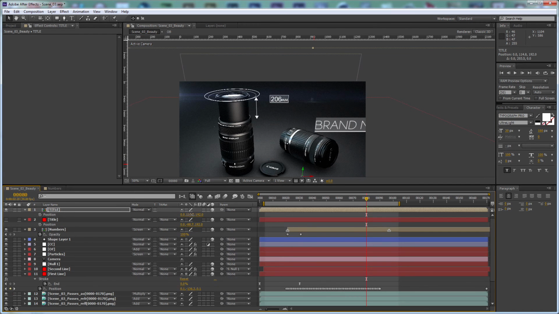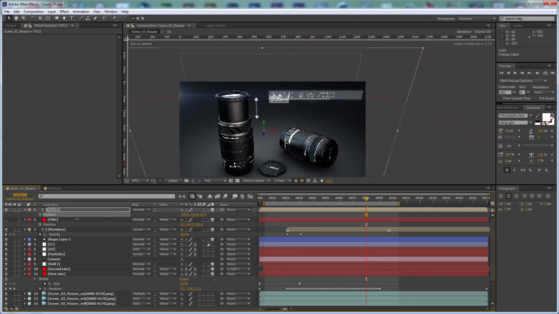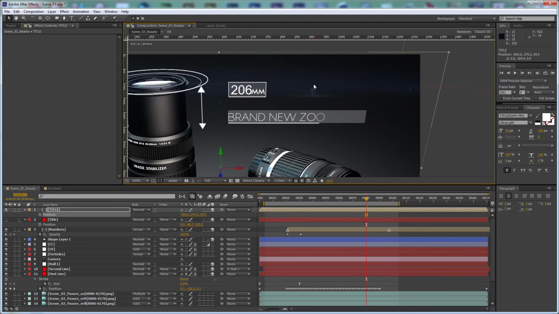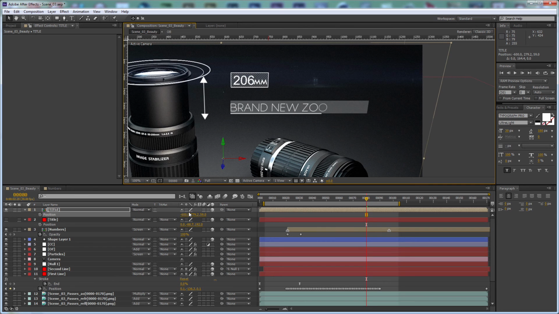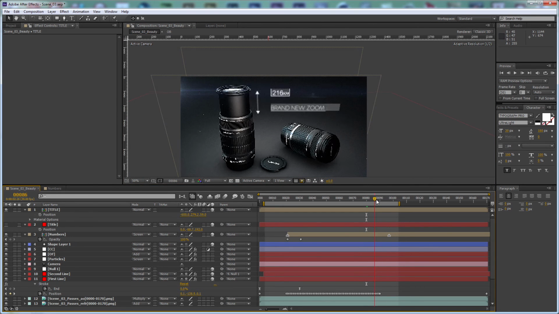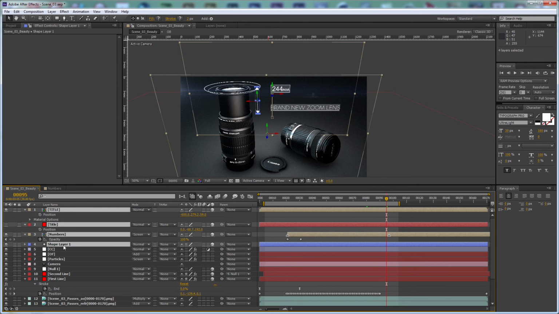Hit P for the position and let's see, move it backwards quite a lot, like negative 600, so you can see better. And that's it. As you can see, we have our title here, and you can select everything and put it below